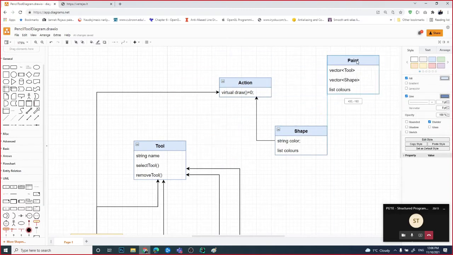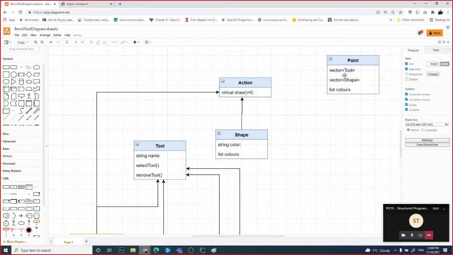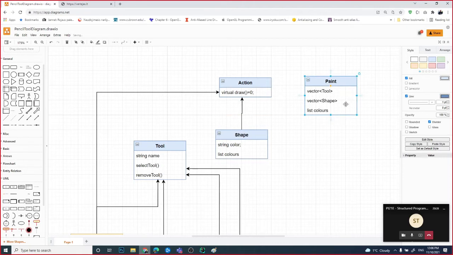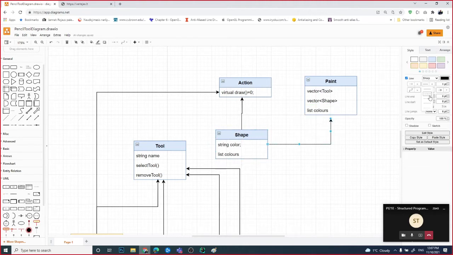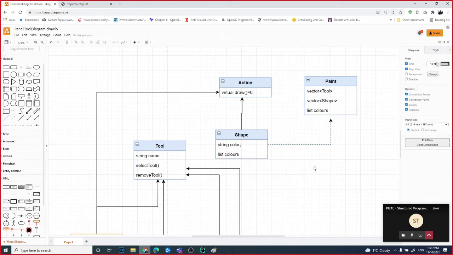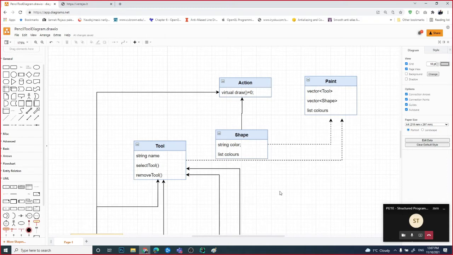Paint object, basically it's not dependent on any, there are no dependencies on that. And basically when you have shape, paint has only composition, which means paint has shapes, paint has tools. There is some dependency, but in the schema it's maybe a dot-dashed line, like shape and tool also. There are some dependencies because it has